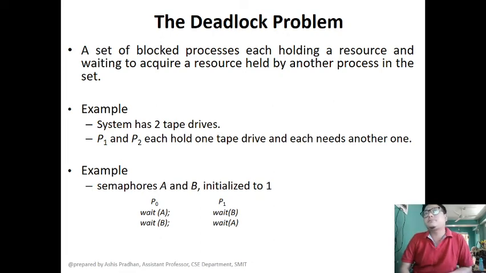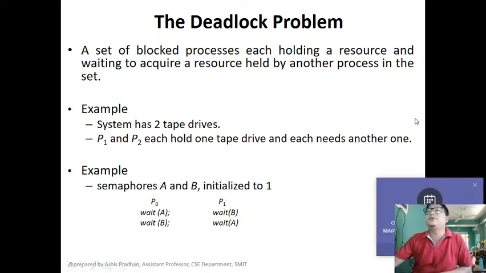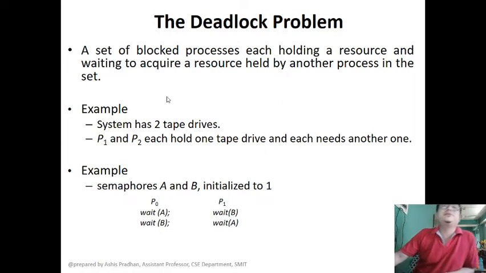Now, we have seen the example of a multi-programmed OS. We find that kind of problem in a multi-programmed OS where multiple programs are executed with the help of instructions. Okay, and these instructions sometimes require some resources to complete their execution, right? Okay, so this is an example you can see that may happen